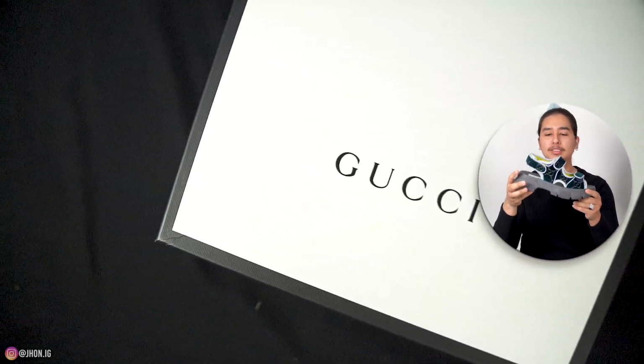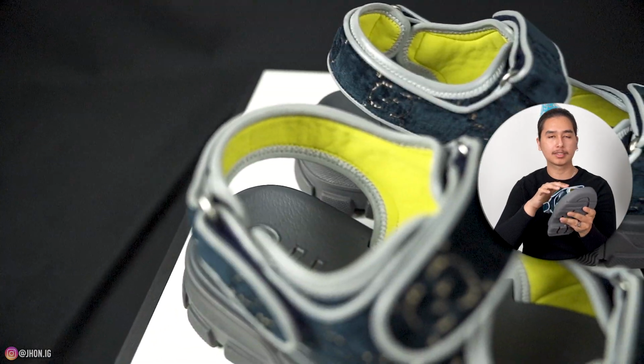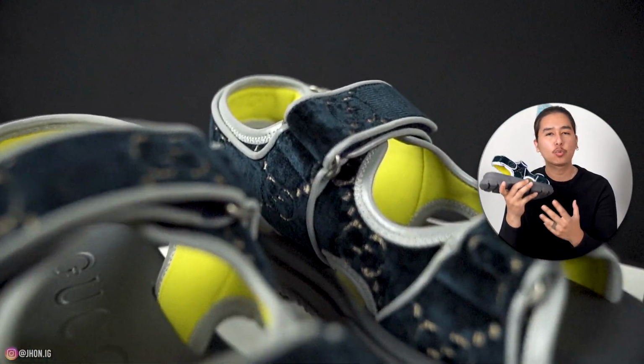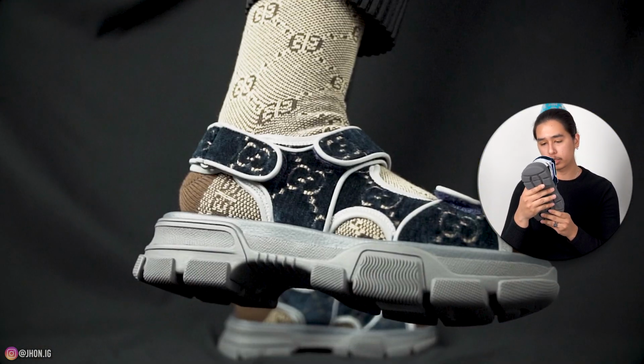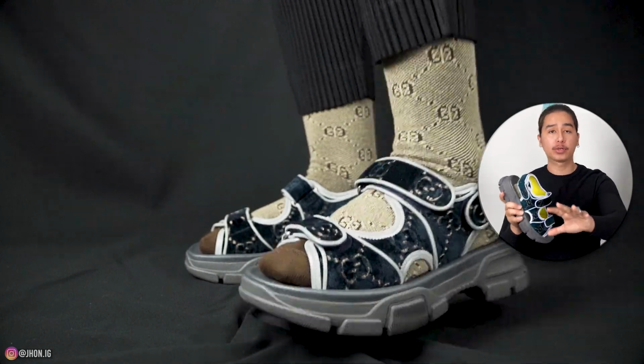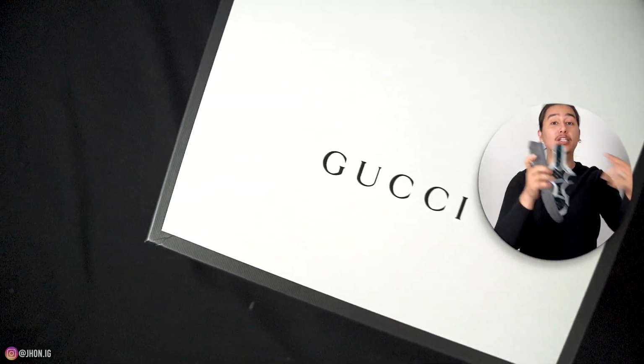Just Gucci sandals. They're so dope. I think the description says velvet or suede. It's got the Gucci print all over, and these were on sale. Originally they were $8.90, then they went on sale for $5.34, and then there was an extra winter